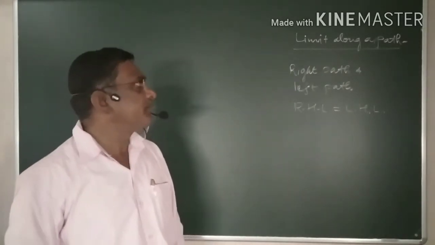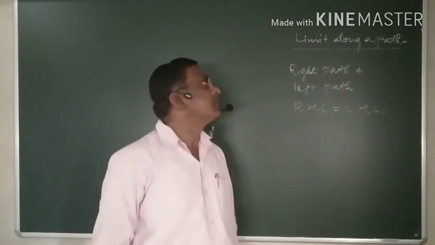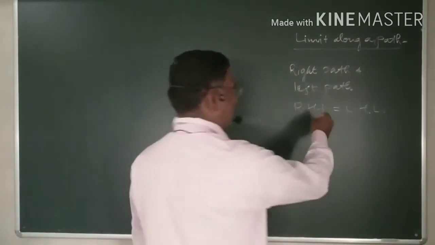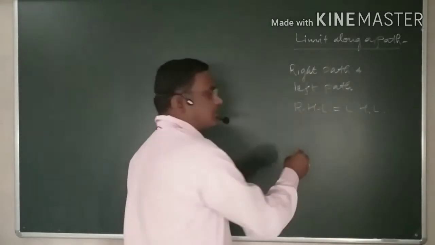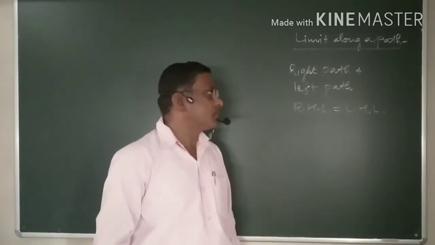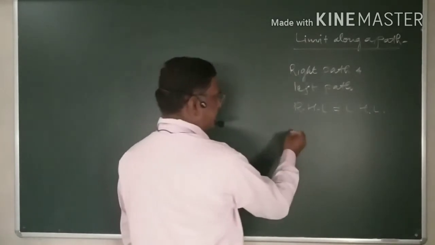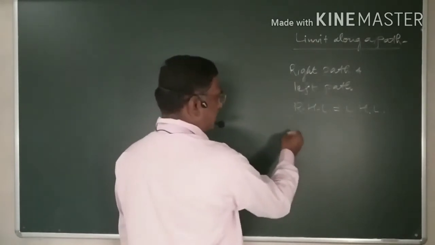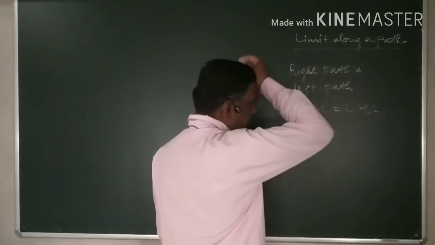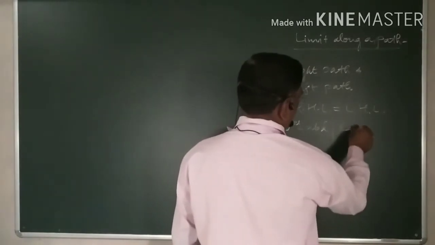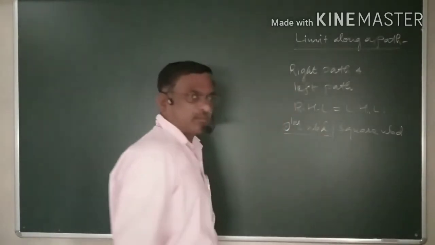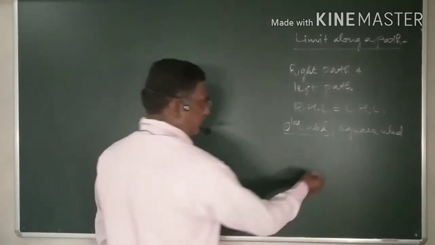Now, in a similar way, we can have the definition of the limit of a function along a path. But here there are infinitely many paths along which a function can be defined. Why? Because we are considering the circular neighborhood as well as the square neighborhood. And if we consider, for example, the circular neighborhood, then what we have is,